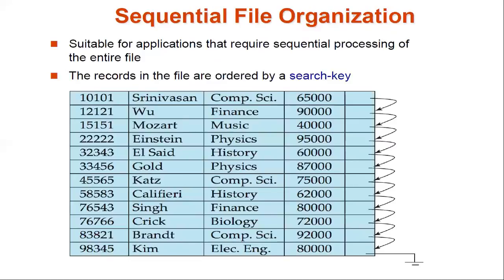And here you can see it is suitable for sequential file organization. The first file organization method is a very simple method. Here in the sequential file organization, all the records will be saved in sequential form, next to next, and there will be a pointer from one record to another record. It is something like a linked list, right? So all the records in the file are arranged in a sequential manner. So it's suitable for applications that require sequential processing of the entire file. Then maybe you can use any one of the search keys to search for a particular record.